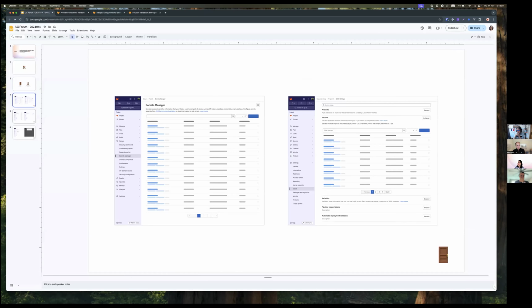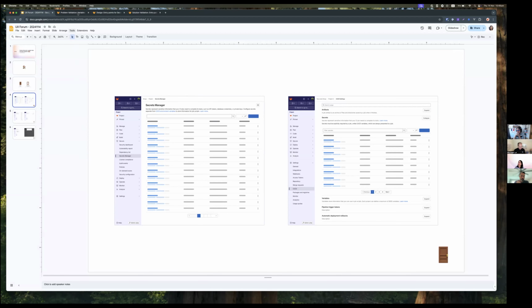So looking at the door, the main path here, I'm thinking it is the navigation. And I had two location proposals. On the left, you can see it is directly under Secure. And then the other location I was thinking is to coexist with variables under CI/CD settings. How I found these two